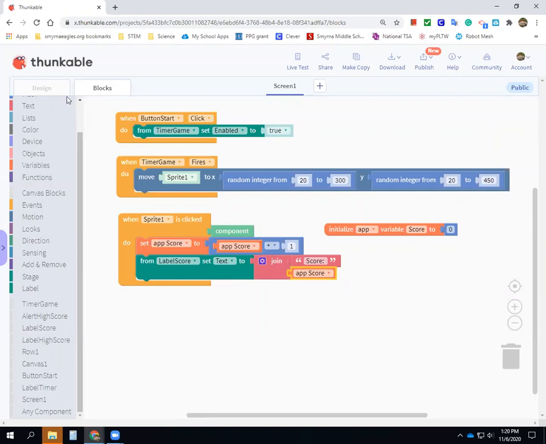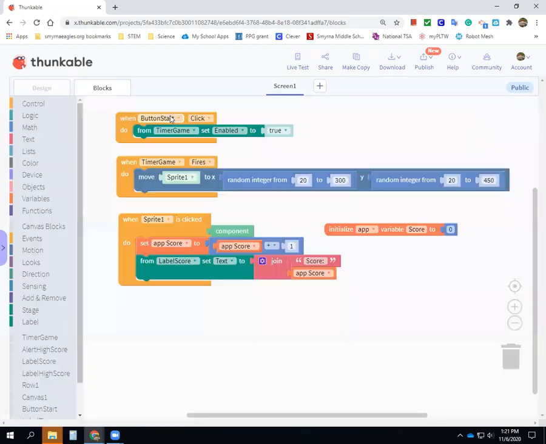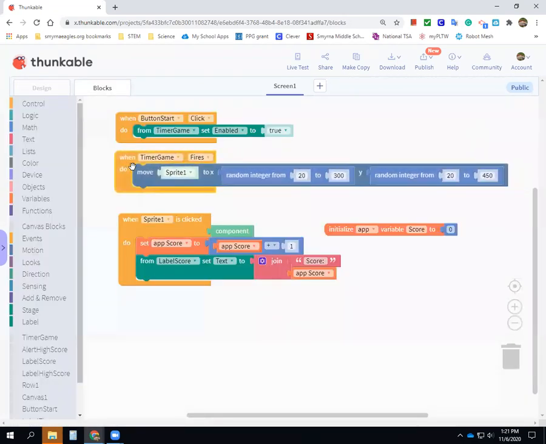We've got to get this to count down. So I don't think that was happening yet, right? So how do we get that to count down? Well, that's going to be in the timer fires. So what we're going to do is kind of the same thing we got here. We're going to make a variable that counts down with each time this fires, which is 1 second, to lower